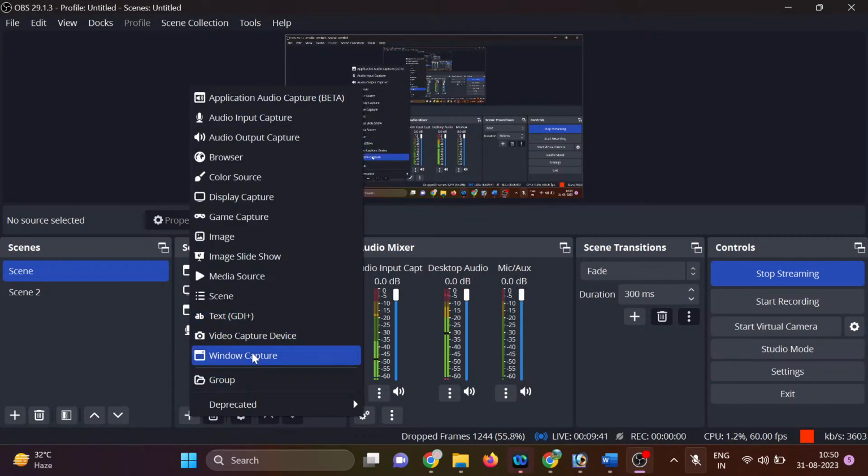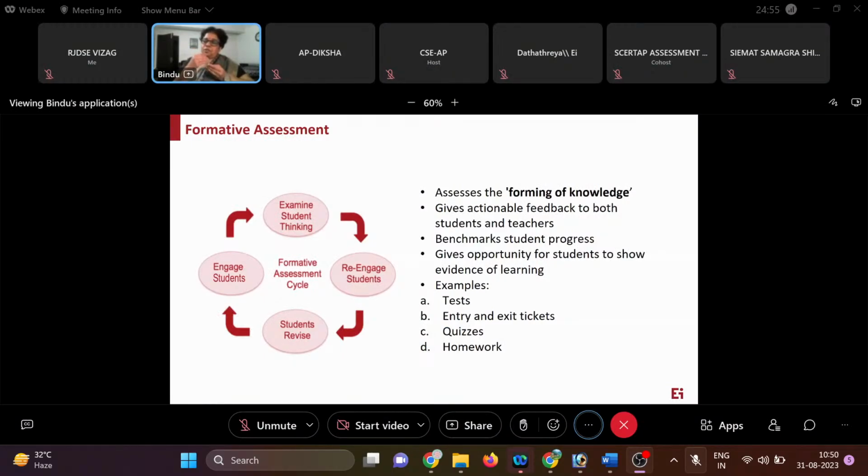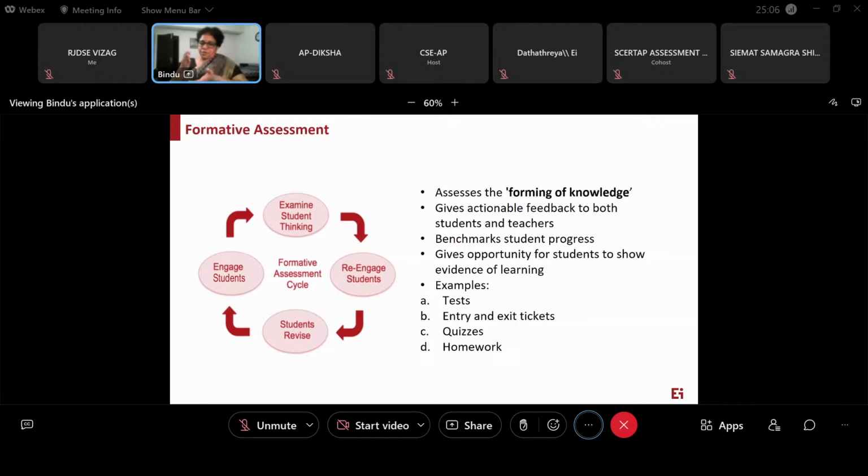Because if the child does not learn the FA1 concepts, then there is no point going to the FA2 class. So the formative assessment gives teachers an opportunity to stop and check: I'm teaching this, is it being effective? Are the children understanding what I'm teaching? Right? So it doesn't encourage a very mechanical teaching formula,